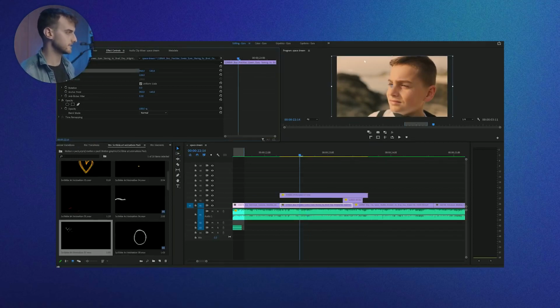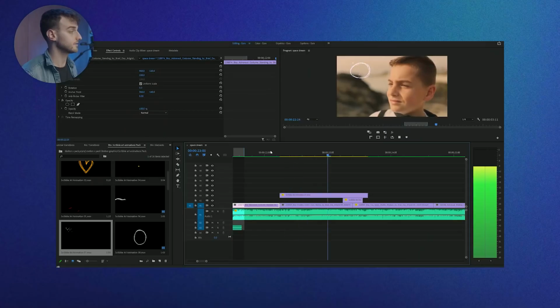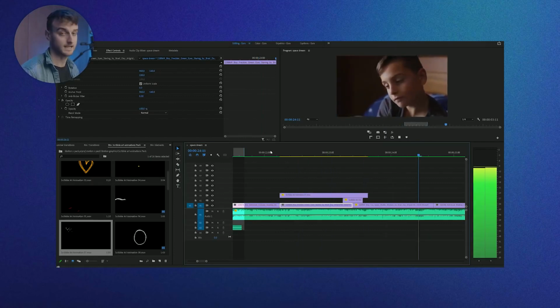And then let's transition to the next clip, which is similarly framed because one is exterior, one's interior, but it's both of the boy looking frame left and both contemplative. So let's see what we can do with an animation. Okay, let's use Scribble 15 and let's position it on his face, because it's almost like he's drawing his own face. So not only is it a match cut, but it's also the animation helping us transition from the exterior clip